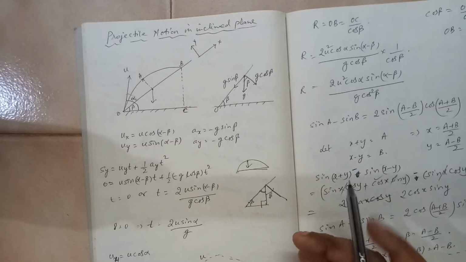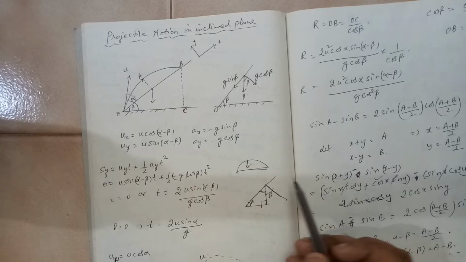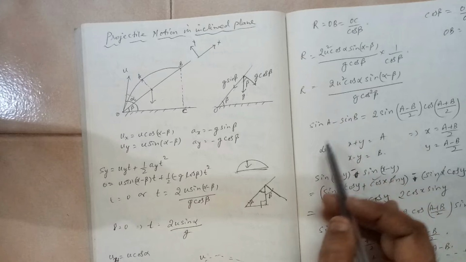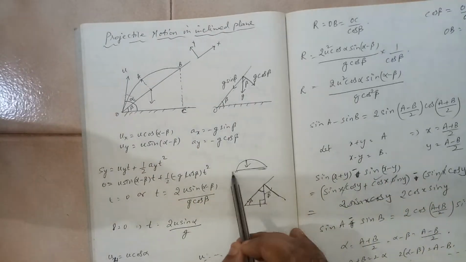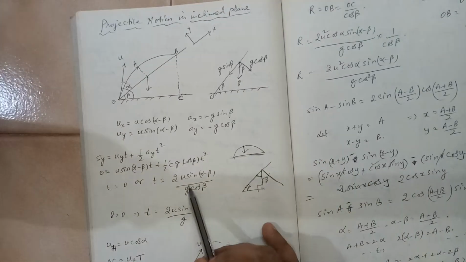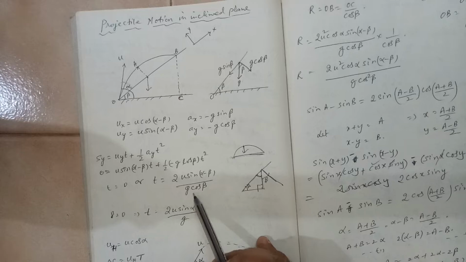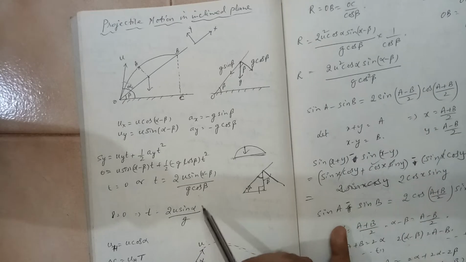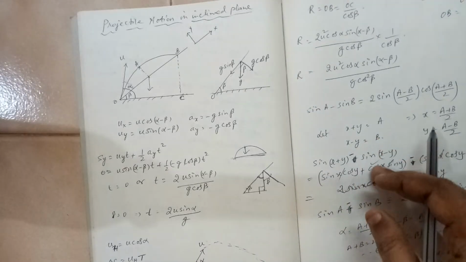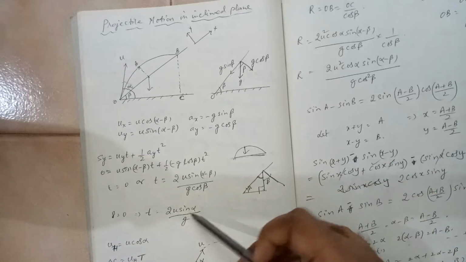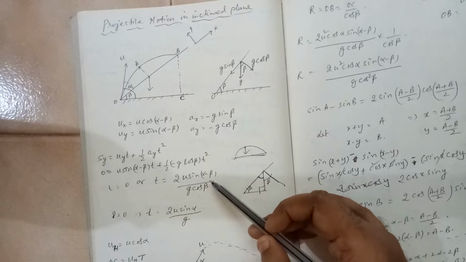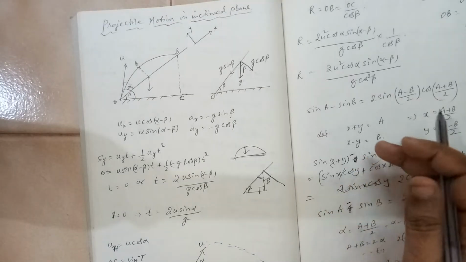You can see here, if you put beta is equal to 0, this will become our previous case where there is no inclined slope. It is just horizontal. If you put beta is equal to 0, what are you going to get? Cos 0 will be 1. It is 2u sin alpha by g. Just refer to that earlier derivation we have done. There the formula we have taken is 2u sin theta by g. So from this case we can deduce our older case.